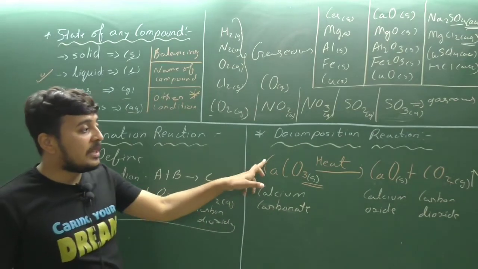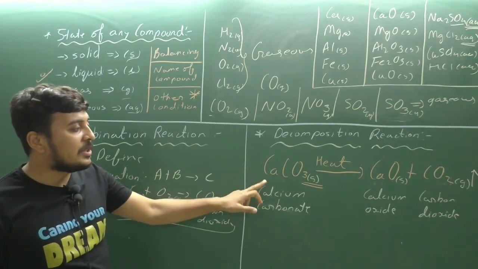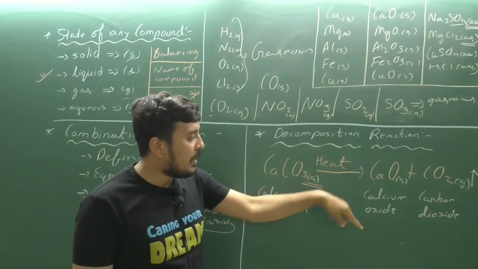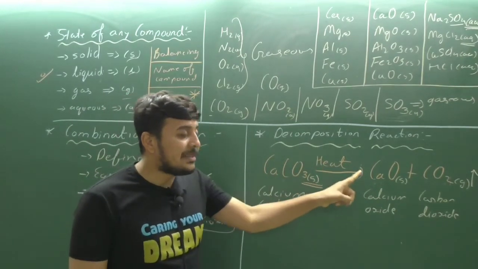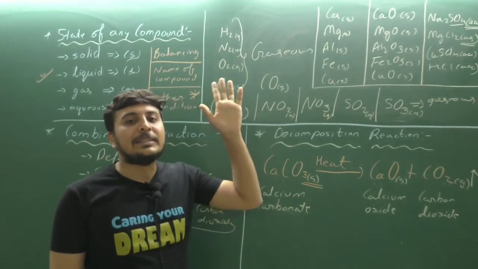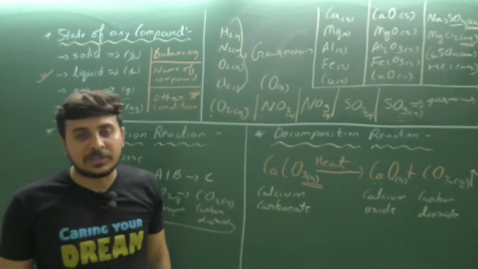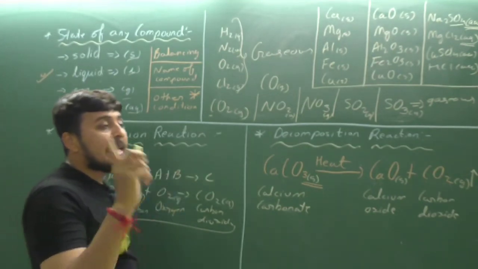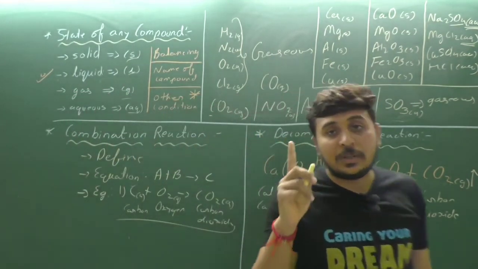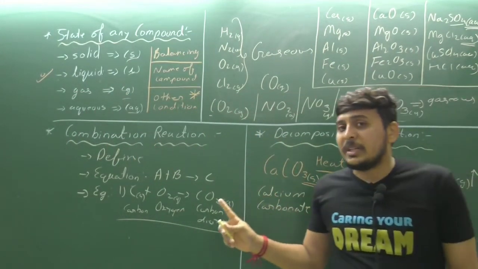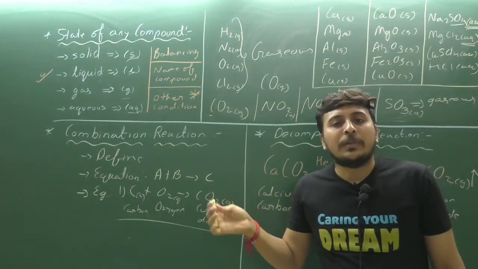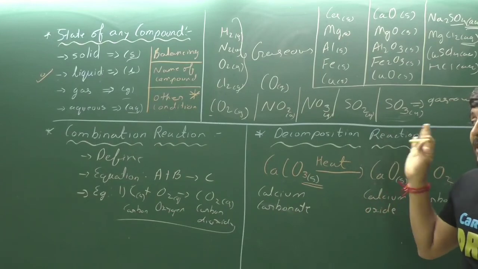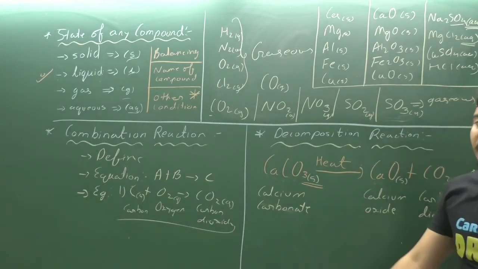Clear? So in this manner each and every chemical equation should be written. Chemical equation, name of each and every compound, conditions, states, and lastly balancing the chemical equation. If all these 4 things are done correctly, then you will be able to get full marks. Otherwise there are majority times chances that you will lose half or 1 mark in each and every question in which chemical equations are involved.